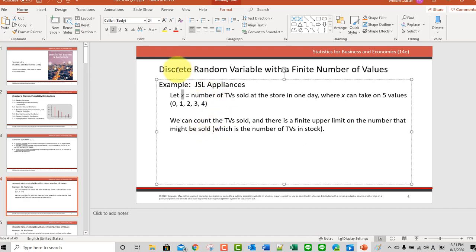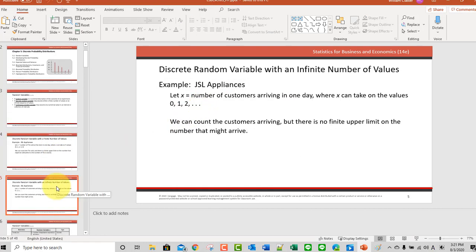And so that's going to mean that it's discrete, since there's only a finite number of different possibilities for the number of TVs. In this case, the highest number is 4. That's a little bit arbitrary. Maybe it's not really 4, but could be more, maybe. Okay, now,